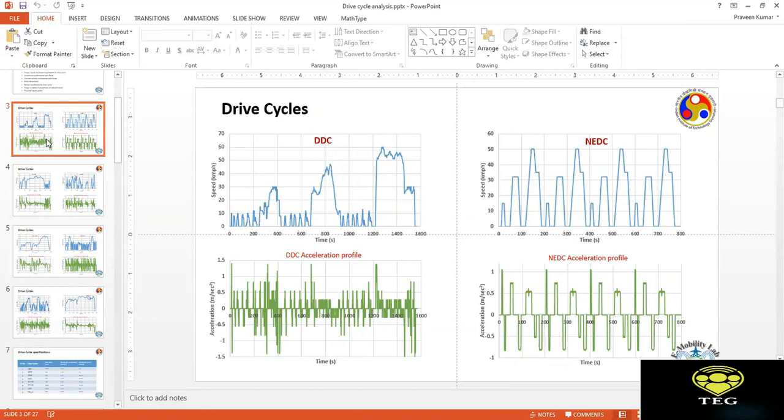Yeah. But what is strikingly different in the Delhi drive cycle compared to the New York City cycle? Sir, I think in Delhi drive cycles there are more fluctuations in speed, and consistency in speed is not there. What exactly do you mean by consistency in speed? I mean that maintaining the same speed is not possible there. Okay.